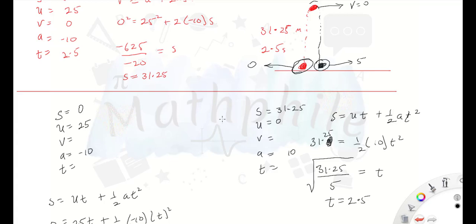You can go with any of the times. I would like to go with the zero displacement. I normally go with the displacement. But if you like, you can go with calculating the time that the particle gets to the maximum height and you multiply it by 2 because the time is going to be the same. Or if you feel like you want to write more,